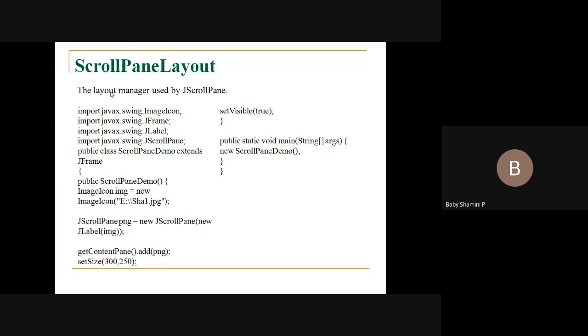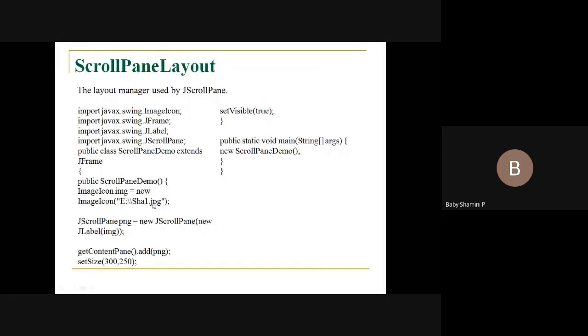Here I am going to create one label for an image, and I am going to insert the image into the particular region. For that I am using this line. Otherwise no need to give anything. If you want to insert something into a certain layout container, we have to use this statement. I am going to store the image into the particular container, so I am using ImageIcon img equal to new ImageIcon. The image is present in this location, E colon, and we have to give the image name. So this image is displayed on the screen.